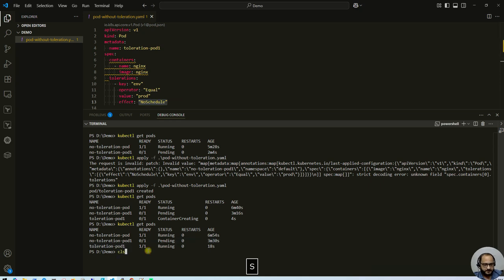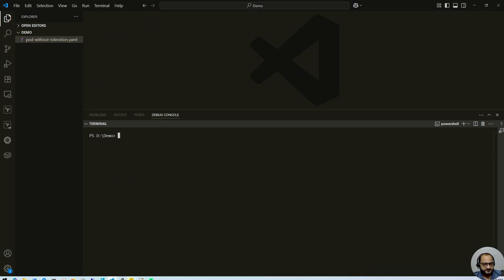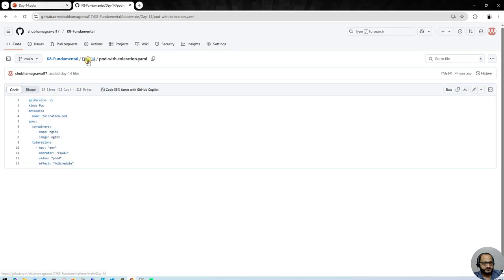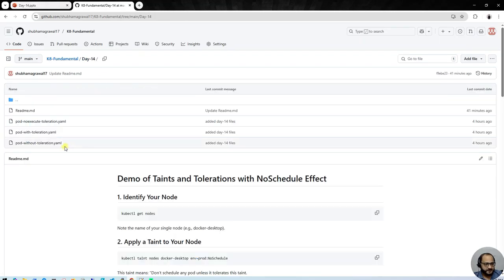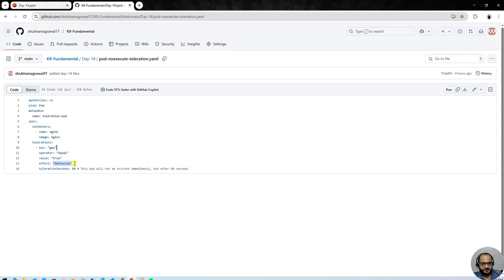Now let's see one more example. Let me close this file. Now we will see taint and toleration with the NoExecute effect. For that, I will open this file. Here everything is the same. What we are changing here is the GPU key and the effect, which is NoExecute, and here we are adding tolerationSeconds 60,